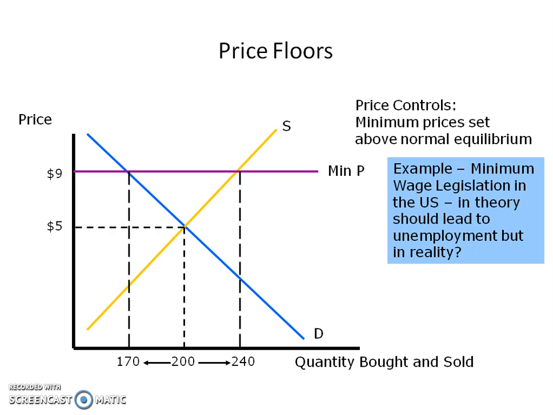This is the microeconomic knock on minimum wage. Basically, the argument is that it creates unemployment. But in reality, it's a bit more complex than that. So that's probably what you're going to want to take a look at in the next part of the assignment, where you're going to start to examine this and whether or not minimum wage actually creates unemployment, or does it foster more employment by giving people more money to spend in the marketplace.